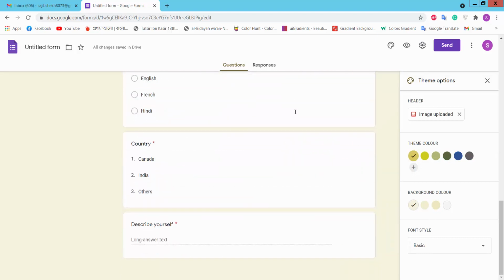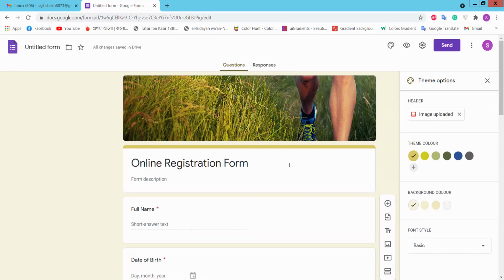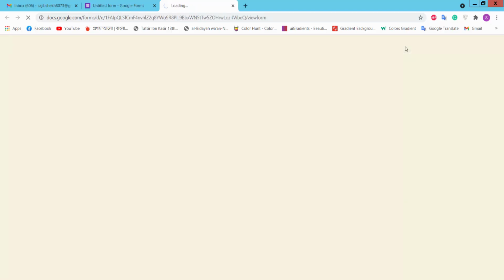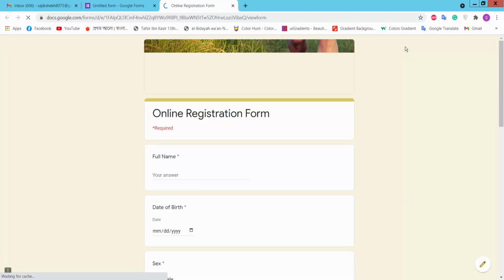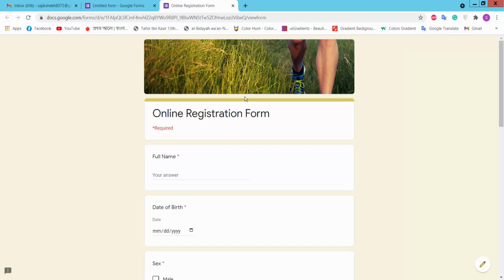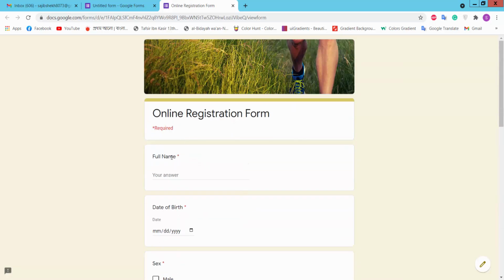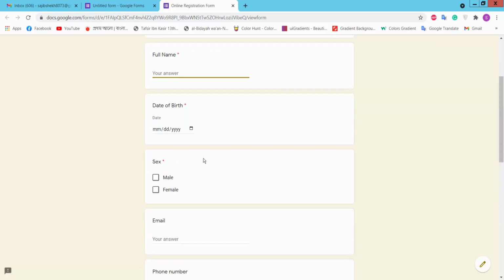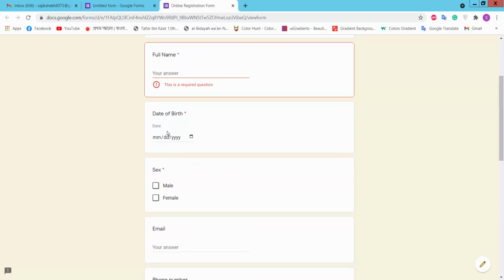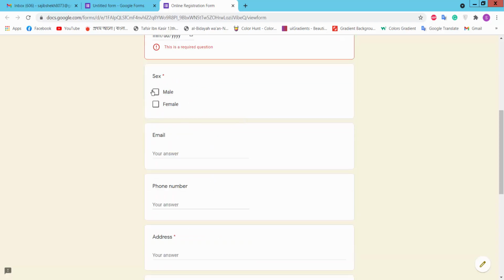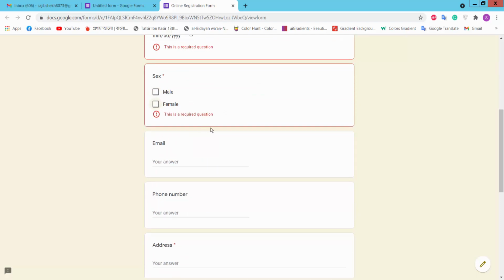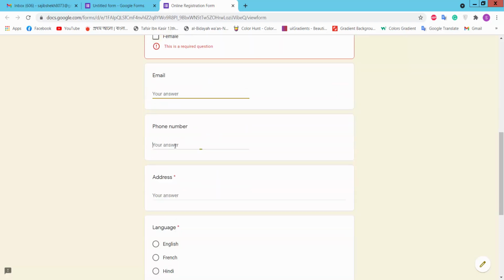Now I will click preview this option. These are the online form: name, date of birth, sex, male, female, email, phone number,